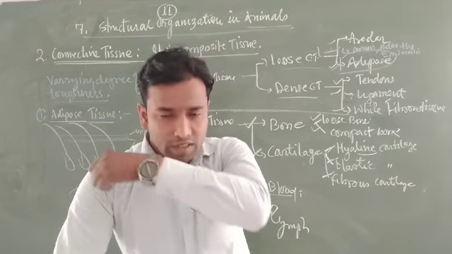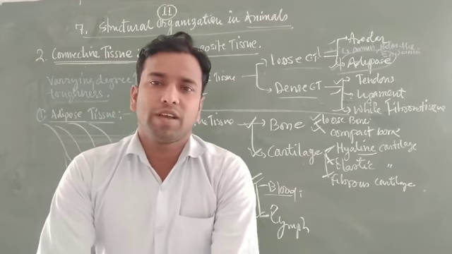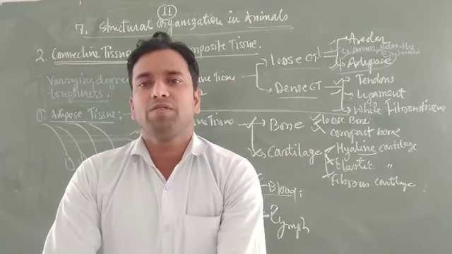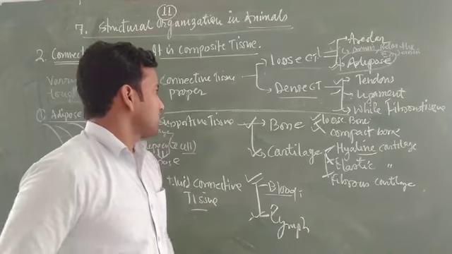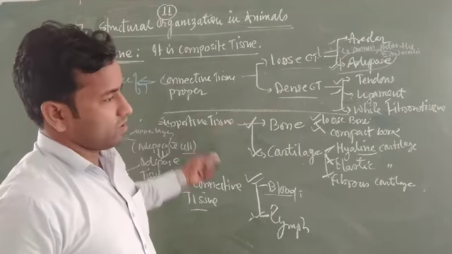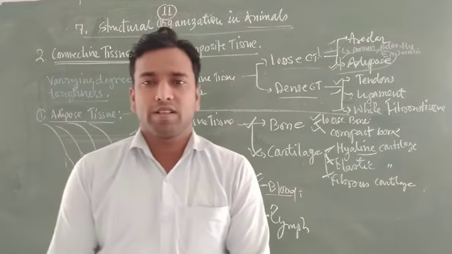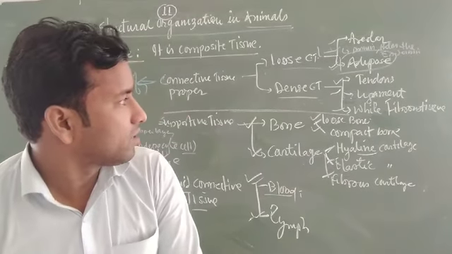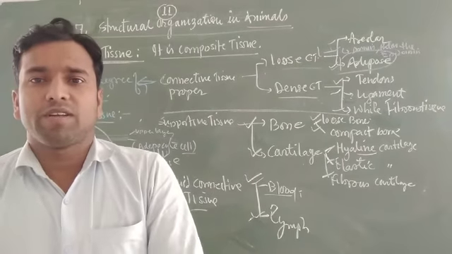Sometimes a question is asked about how connective tissue is derived. Connective tissue is derived from mesodermal cells. It must be remembered, student, that mesodermal cells give rise to connective tissues. Now, the second one, dense connective tissue, as well as supportive tissue, will be discussed in the next class. In the next class I will discuss tendon, ligament, white fibrous tissue, bone, cartilage, etc. Thank you, student.